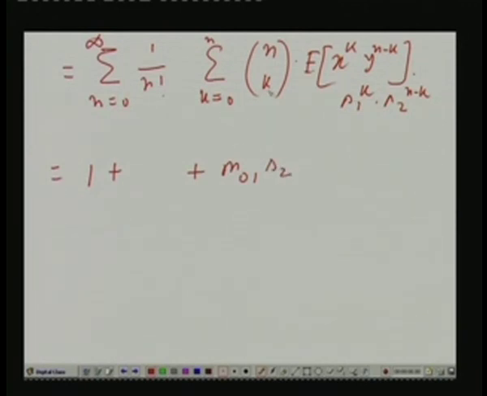Similarly now put k equal to 1. So x to the power 1, but y to the power 0. So E of x only, and similarly S1 to the power 1, but S2 to the power 0. So only S1, and again here you get 1, and outside also 1 of course. So this time you get,